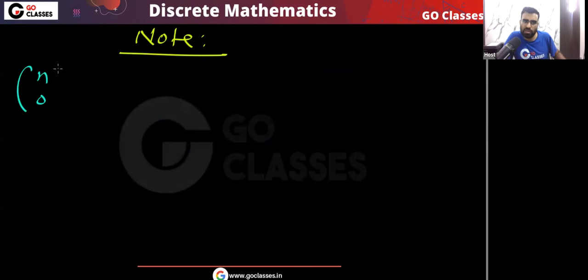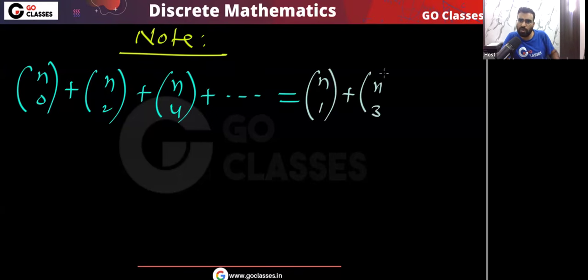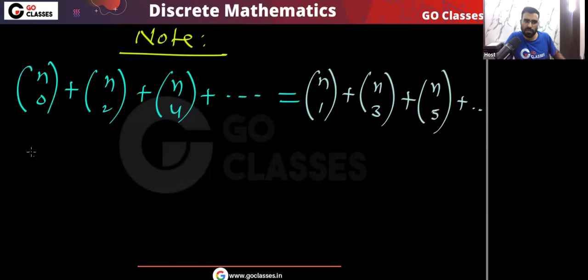The summation of all even binomial coefficients, like NC0, NC2, NC4, and so on, will be equal to the summation of all odd binomial coefficients, NC1, NC3, NC5, and so on. For example, let's take n equal to 7.